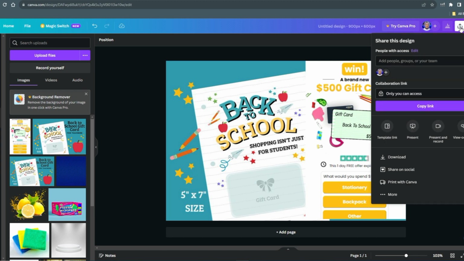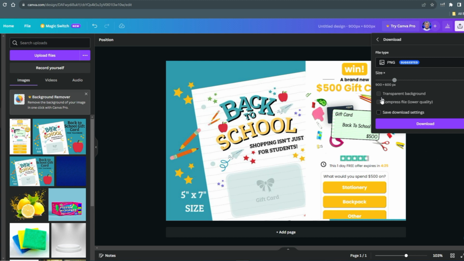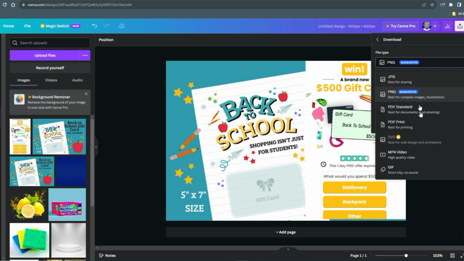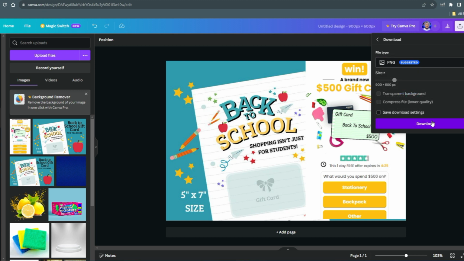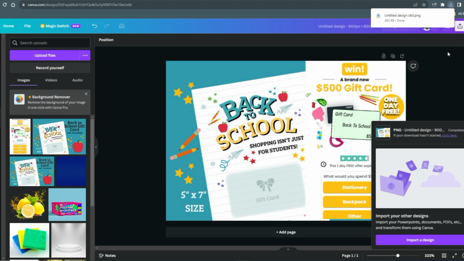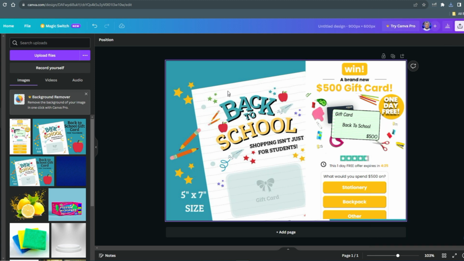You want to hit on that button, and you want to come over to where it says download right here. Click on that button. Leave all of this tab the way it is, and it must be PNG. Check if it's PNG. If it's not, you're going to change it to be PNG or JPEG. Now hit on this button that says download. Now it has been downloaded into our PC, and once it's downloaded, we want to return to